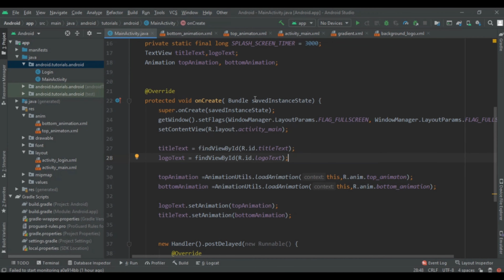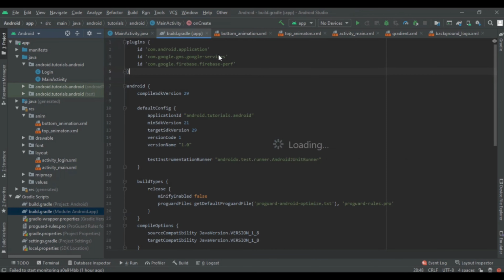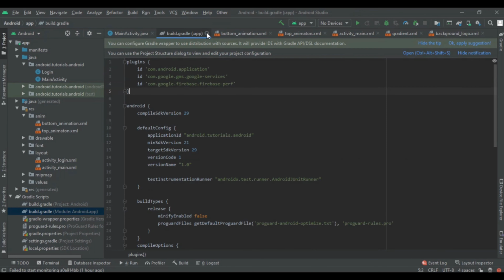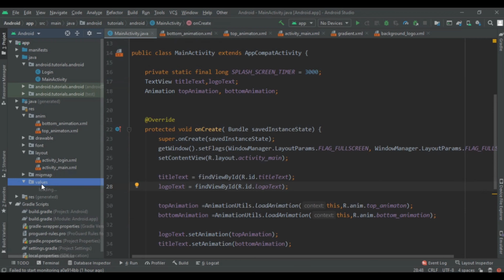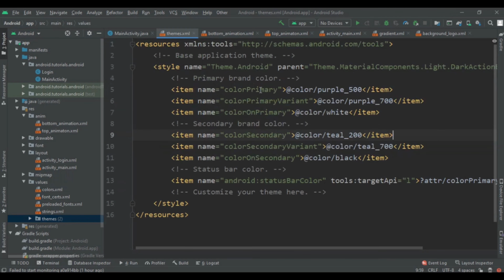So first of all we are going to change the action bar from dark action bar to no action bar. To do that we have to click on values folder, and in this themes folder we have to change this from light dark action bar to no action bar.